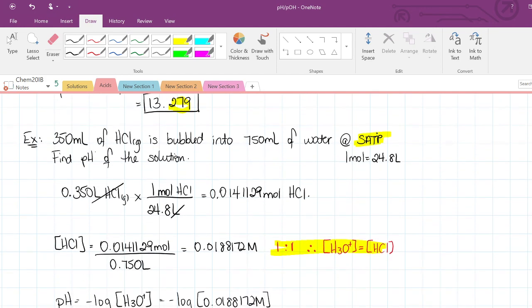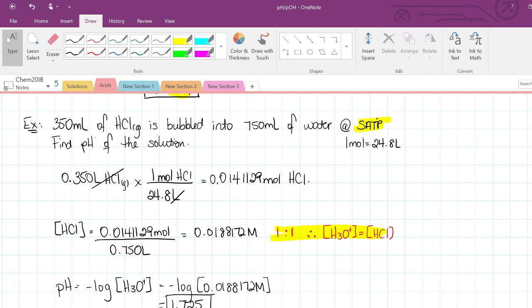In this example, again a little bit complex, 350 milliliters of HCl gas is bubbled into a 750 milliliter sample of water at SATP. Oh man, gases, right? At SATP, I need to remember 1 mole is equal to 24.8 liters. Find the pH of the solution. So I want to figure out,